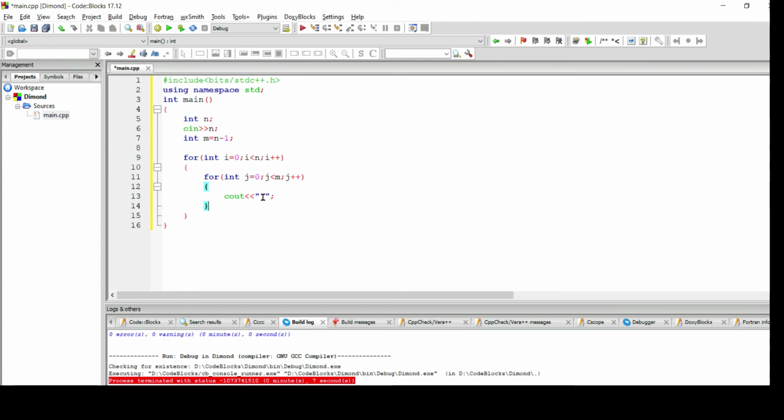So I have written the for loop for the space. Now I am decrementing the value of m. Our next for loop will be for the star character. For that I will take k variable and initiate it with 0. k should be less than or equal to i, that is the number of the row here, with the increment of k.